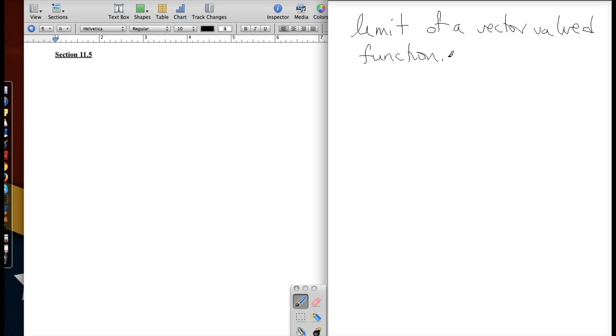So let me take an example of a vector valued function from your textbook, and then we will figure out what the limit of that would be, namely what happens to each of the components as the value of t approaches something or goes off to infinity. It can be either one, quite honestly. So I'm looking at number 35 in our textbook in this section, and I'll end the video with this example